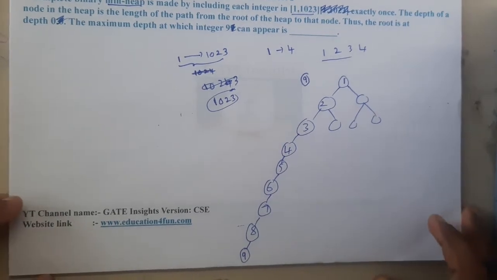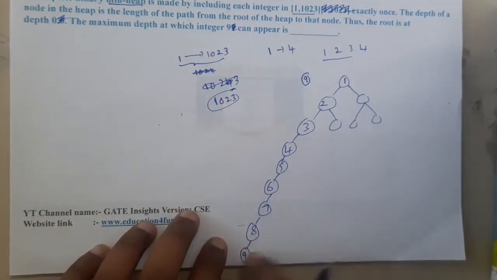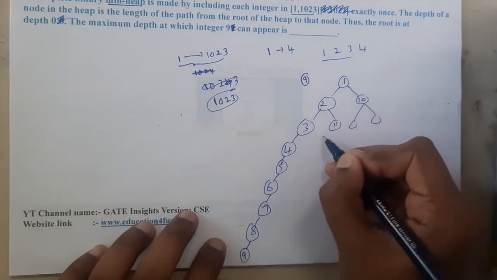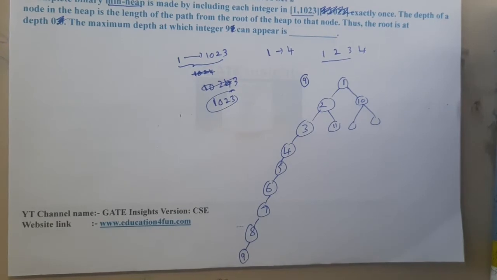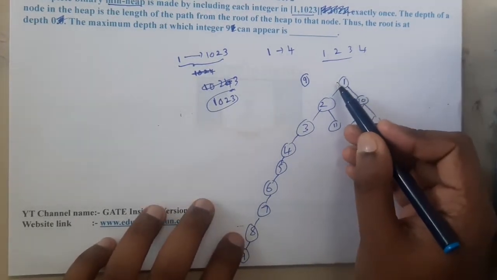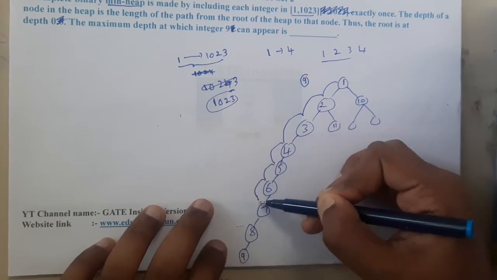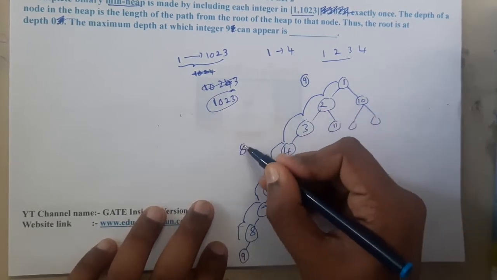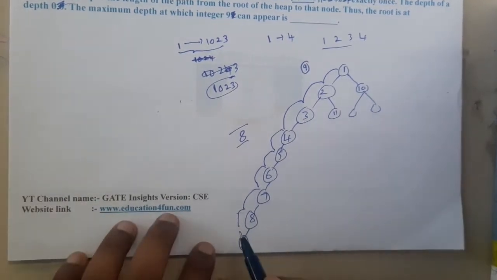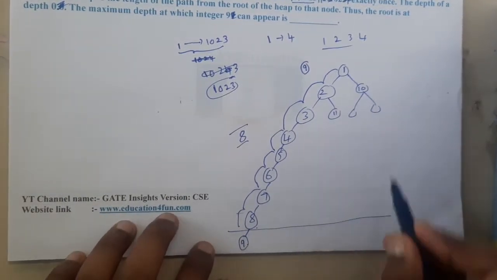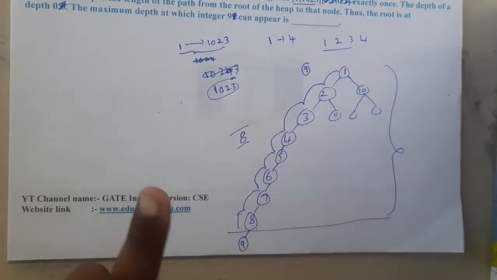If you observe carefully, can we fill these slots? Because we have elements up to 1023, right? After 9, start filling from 10, 11, and like that you can completely fill this part. Now what is the height of the tree? It is 1, 2, 3, 4, 5, 6, 7, 8. So for now the height of the tree is 8. One more thing you should remember is that above this line all the elements should be filled, so we need to count how many elements will be above it. That's also important, right?